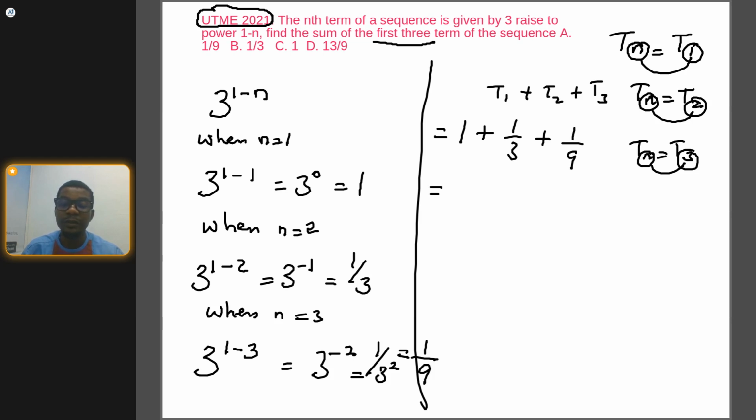Adding this up, we have the LCM to be 9. 9 divided by 1 we have 1, multiplied by the numerator, which is 1, that's going to give us 1. Plus 9 divided by 3, that is 3. 3 multiplied by 1 is also 3. Plus